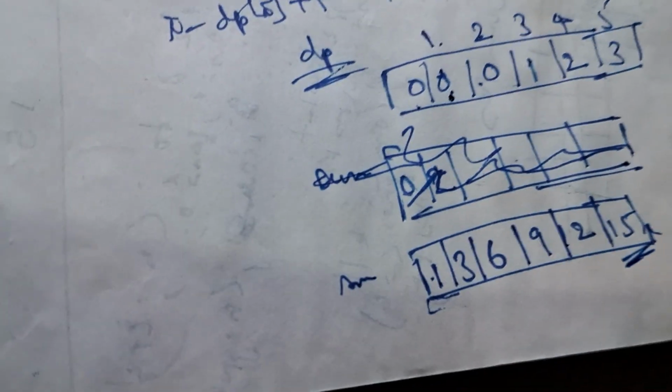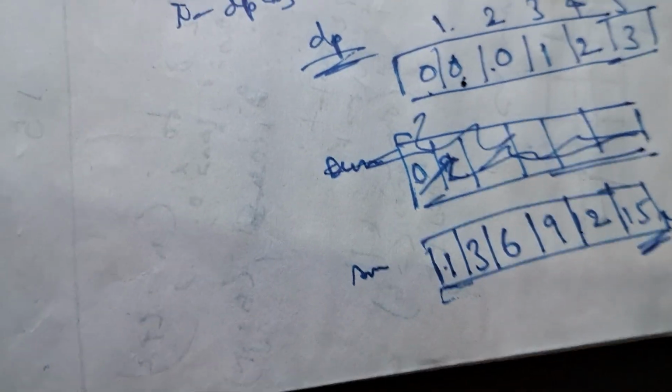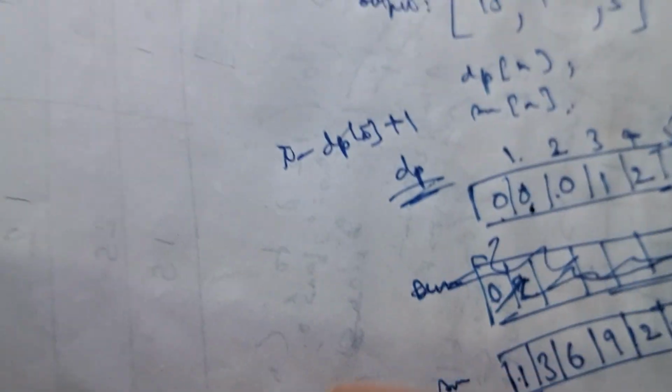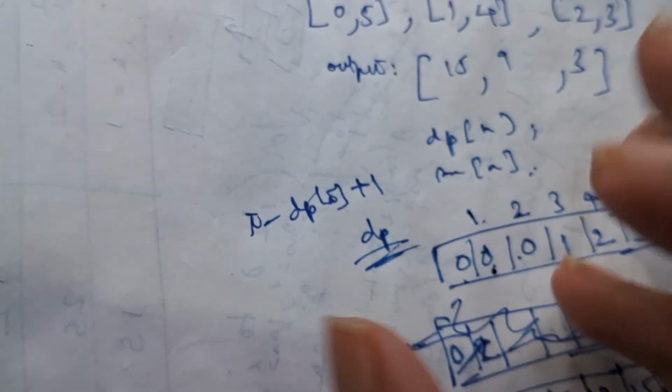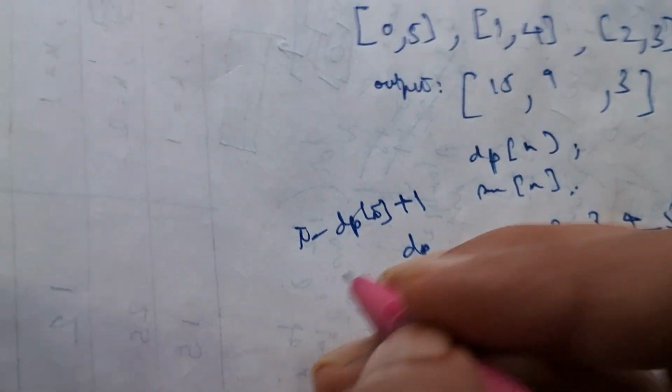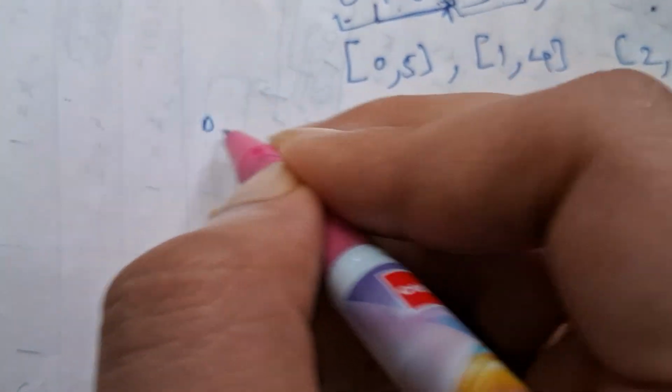So we can get a sense that we are going on the right path till now. Okay, so let's now go for the queries. For every query we have to check. Now for 0 comma 5, okay, for 0 comma 5,